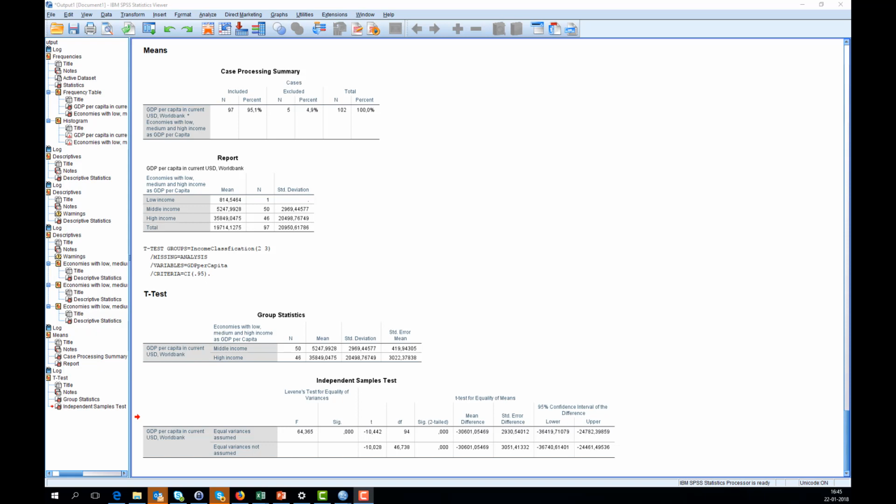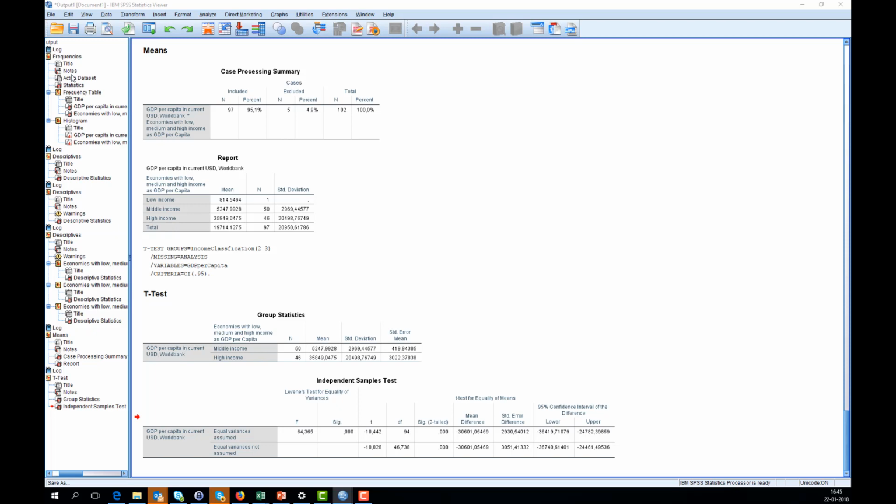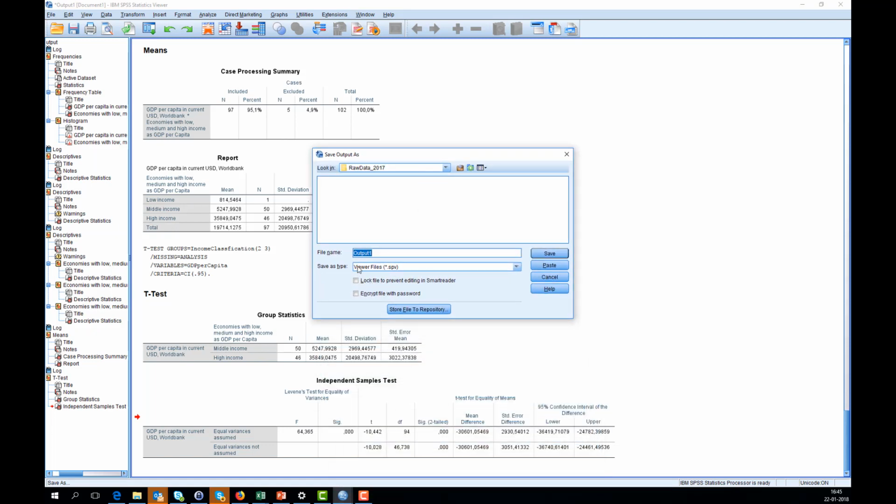Unbelievable but true, I think we have everything we need to start with the first exercise of our dataset. Before doing so, I will save my data file under a new name. And you can save different files. You can now save your output file. You can ask SPSS to save the output because you've created a lot of statistics and you might be interested in keeping them. You might save your output file and you can see that this is saved as a viewer file and say first